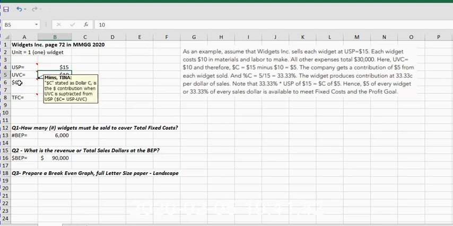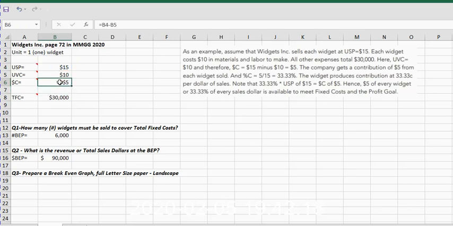Now we need to calculate $C. $C, written as a dollar sign and a capital C, is the dollar contribution when the unit variable cost is subtracted from the unit selling price. Another way to look at it is revenues minus direct cost of goods sold equals margin. So we have $C, and we have created a little equation that subtracts $10 from $15,